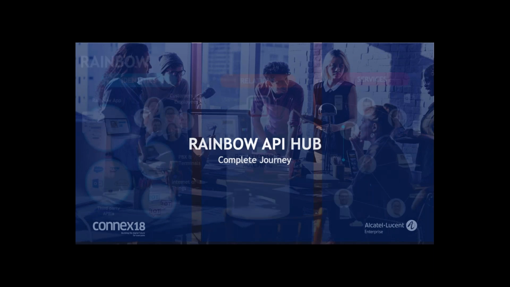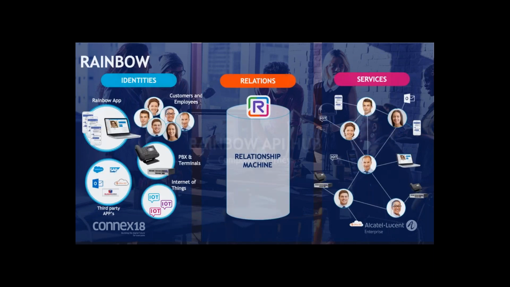At Alcatel-Lucent, we developed Rainbow firstly for us, because we're a company dispersed all around the world, and we need tools to better collaborate together and to easily exchange information like files between us. Moreover, as we have a lot of colleagues in different countries, with Rainbow, we can have audio and video calls and conferences just with a browser instantaneously.